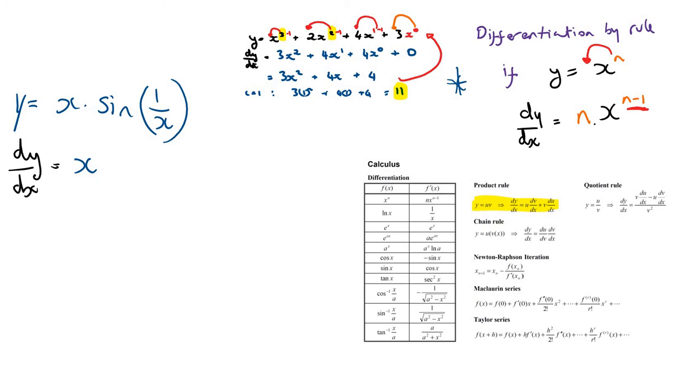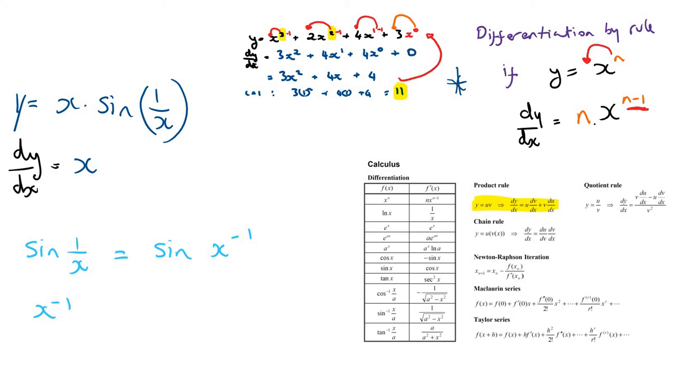Well, as that's not just sine of x, that is an internal function. So what I'm going to do there is use the chain rule to differentiate sine of 1 over x. And I'm going to do that in a little bit of detail here. The sine of 1 over x can also be written as the sine of x to the power of minus 1 using our indices. And whenever you're asked to differentiate x to the power of minus 1,